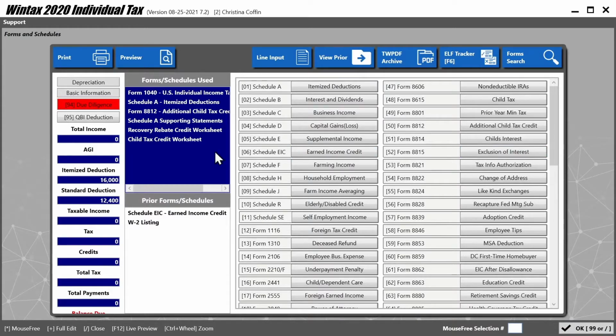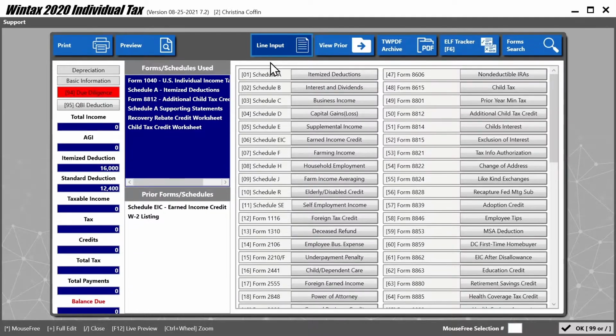To the left of these quick navigation options are your summary totals, which can give you a quick overview of how the return looks so far. On the top of the screen are also some useful buttons. On the top left are the Print and Preview buttons, which will print or preview the currently accessed form, in this case the 1040. On the top right we have the Line Input button, which will switch you to the